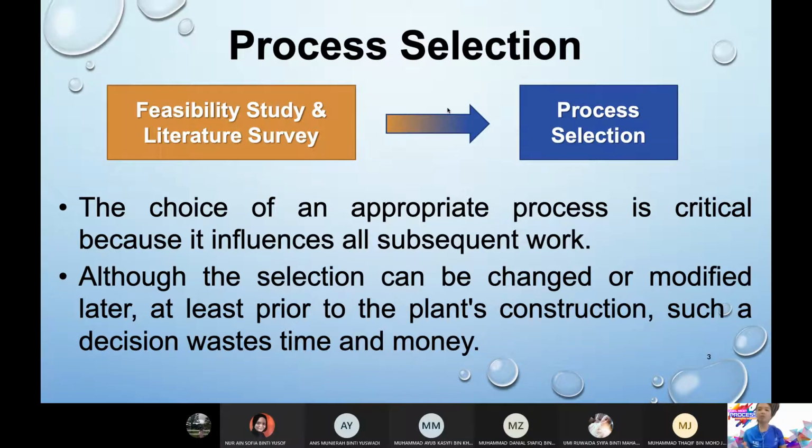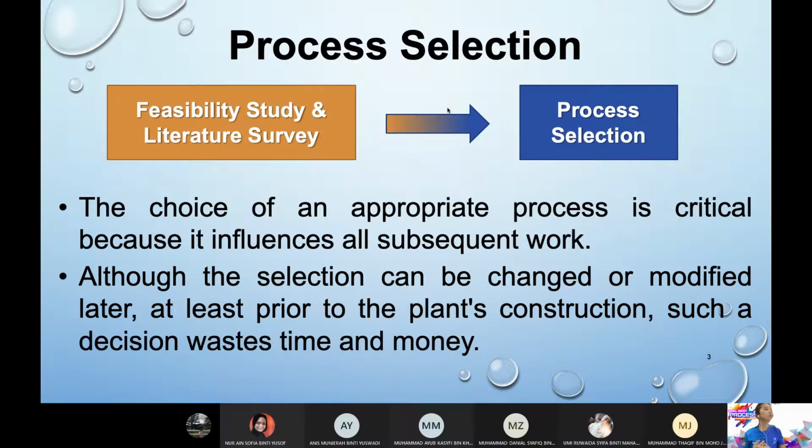Okay, kalau lebih baik, kalau kamu boleh terus beritahu saya, doktor, proses ni conversion tinggi, conversion rendah, bla bla bla. You can tell me even better, but I understand you got a lot of work. Kamu dah boleh cek pada literature, dua proses tu pun dah okay. We can already start discussing.